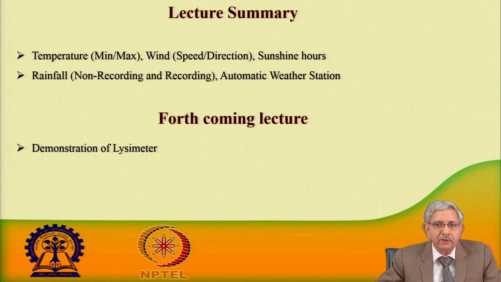For monitoring wind speed and its direction. You have also seen the sunshine hour recorder, you have seen the rainfall measuring gadget, that is the rain gauge, recording as well as non-recording type of rain gauge. You have seen the automatic weather station,